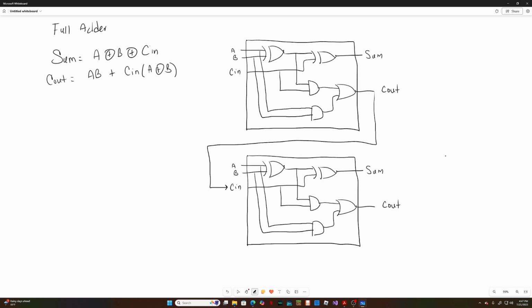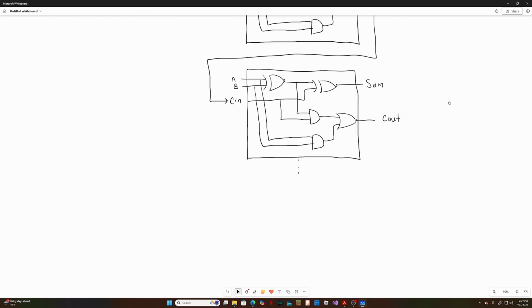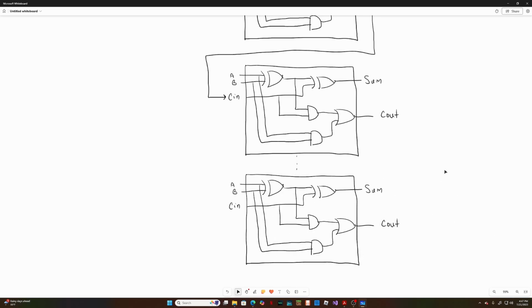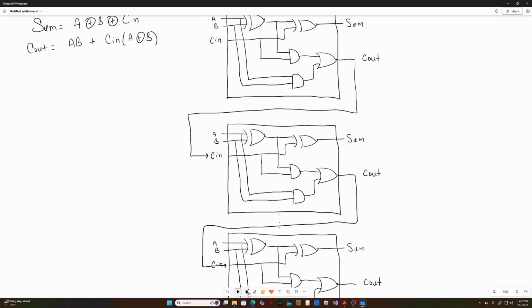And it's going to be like that for the rest of my circuits. So if I put another one here, then another Cout is going to connect to my other Cin. So if you see,